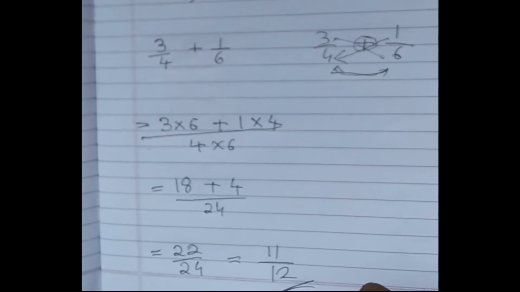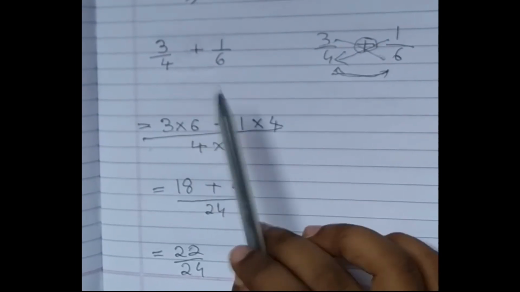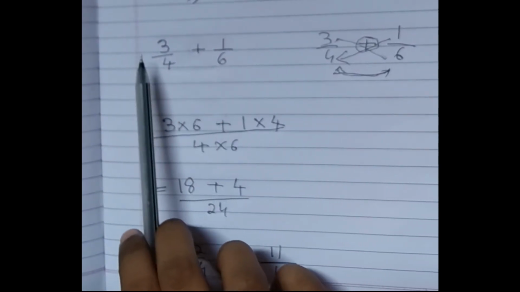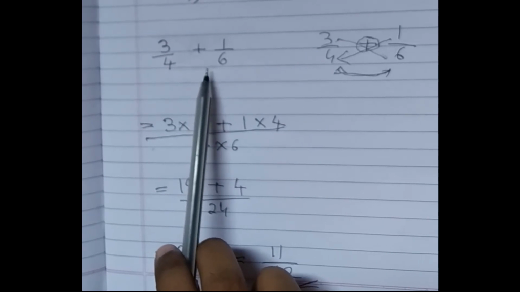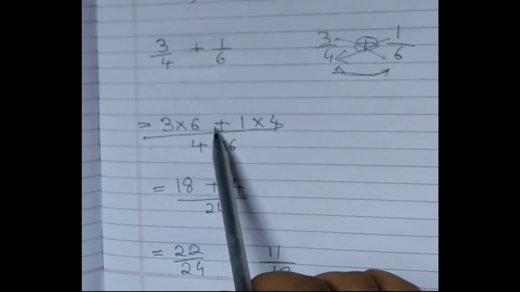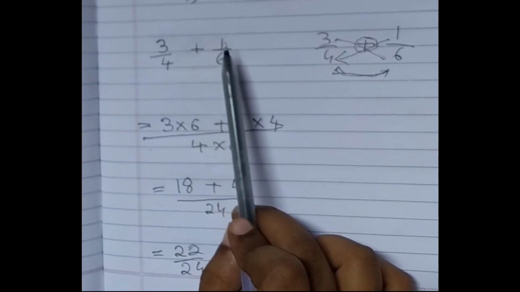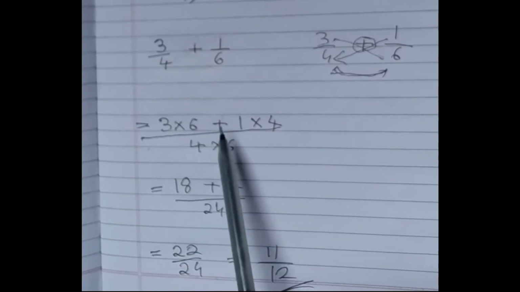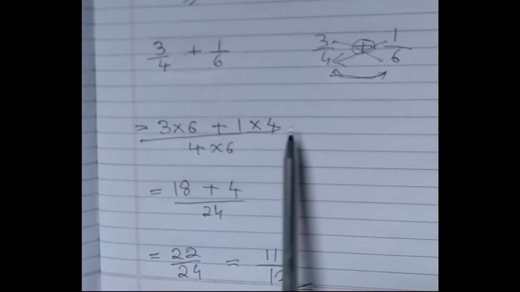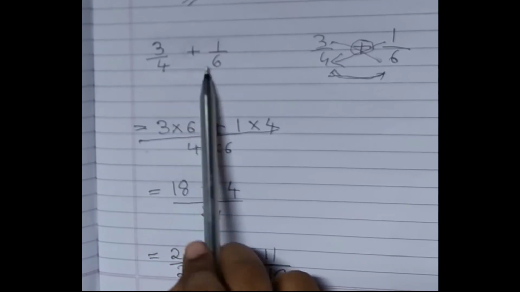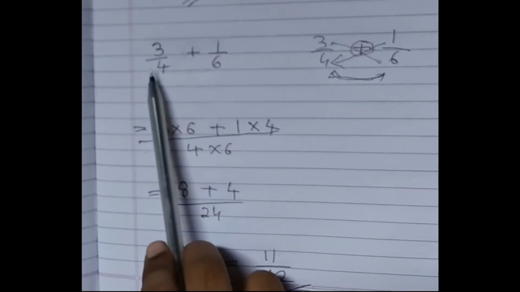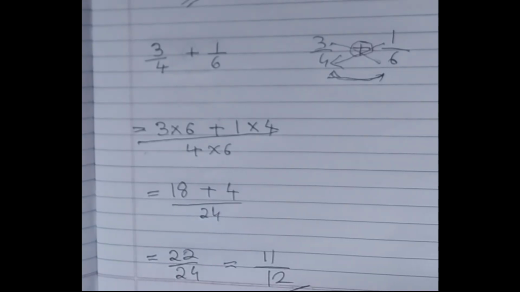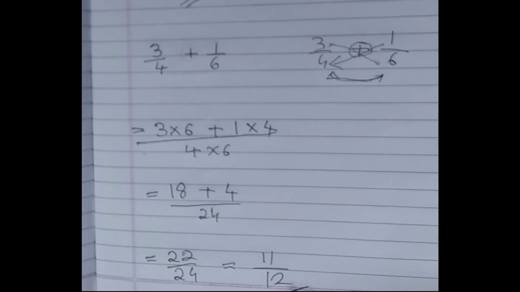Okay. So again I will explain this method. We are multiplying the numerator of the first fraction with the denominator of the second fraction, and then we will put the sign whichever is there in between. Then we will multiply the numerator of the second fraction with the denominator of the first fraction, and the whole upon the denominator. We will multiply both the denominators, and that will come in the denominator. Okay. So we will solve it and we will get the answer. If we can reduce, then we can reduce and write the final answer.